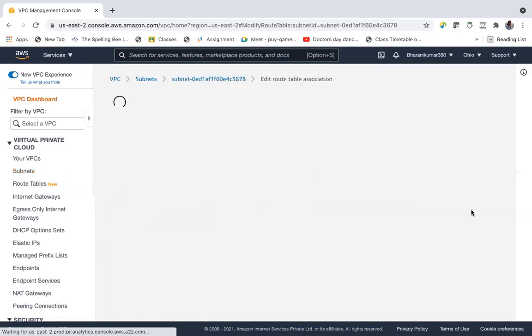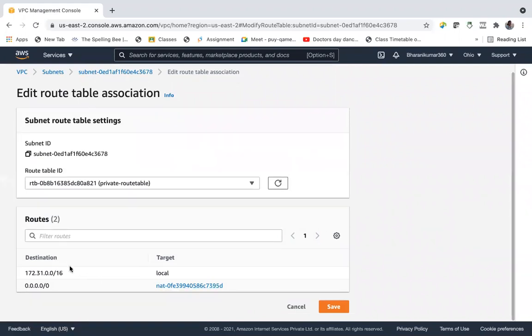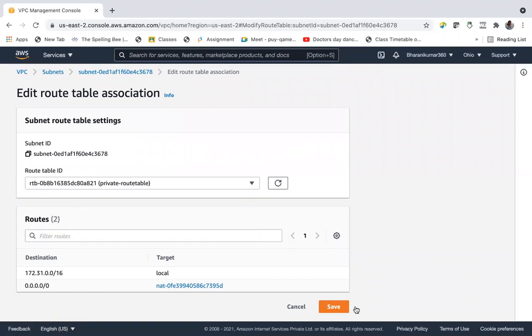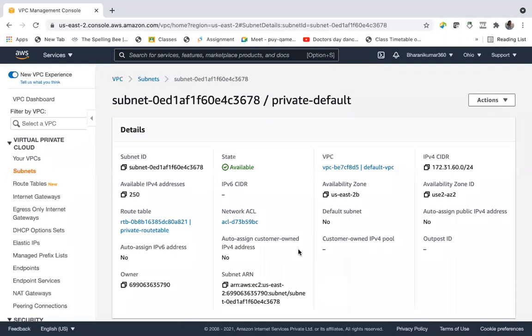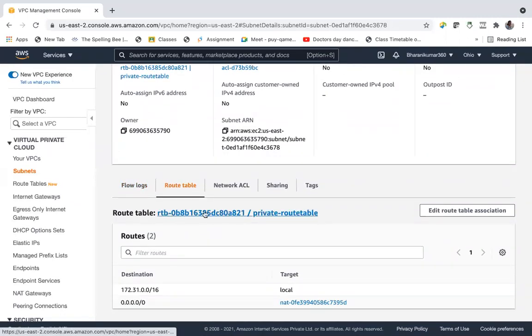So edit route table association. Here you can change the route table. Anyway, we will go with the private route table itself. This is the route table.